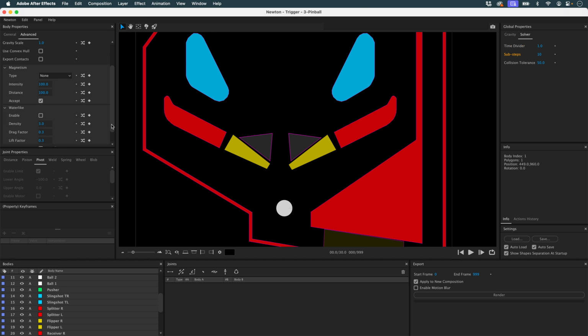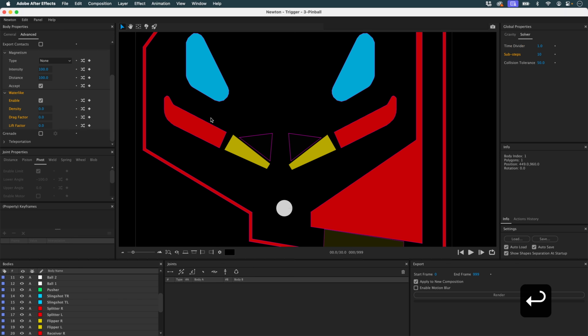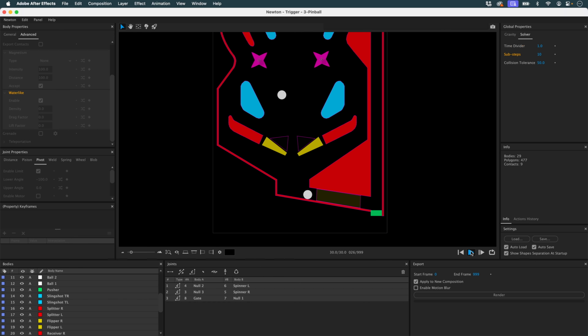So what I'm going to do is use the Waterlike option. I'm going to completely cut the density, lift and drag. And now we'll see what happens. You see, I've got my animation triggered when these objects approach. Not in contact, but just approaching my flippers. Maybe I'll lower the collision tolerance to make it a little more precise. So the sensor objects, they don't interact at all with my simulation. They're just going to serve me, in fact, to detect the passage of objects over them.